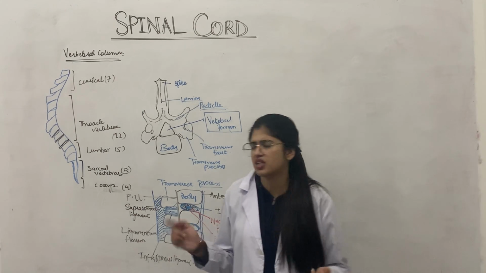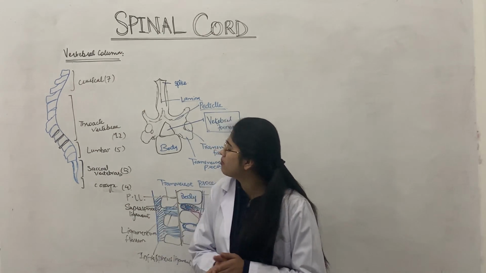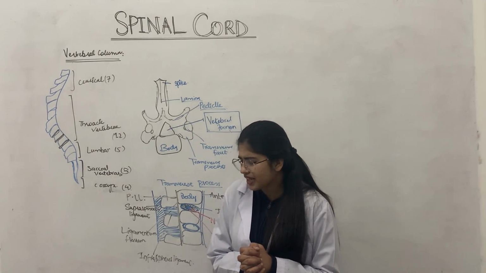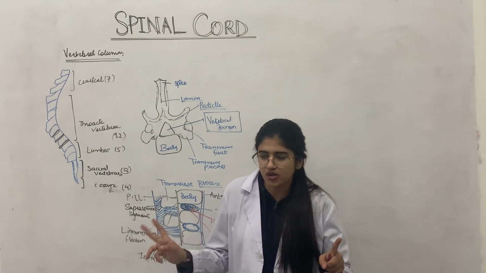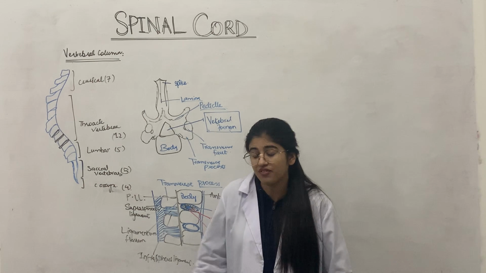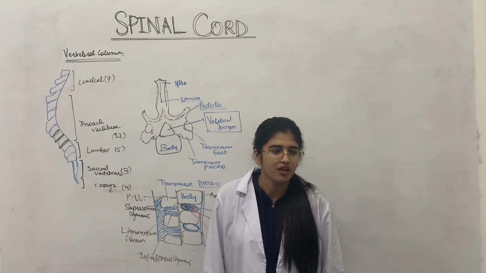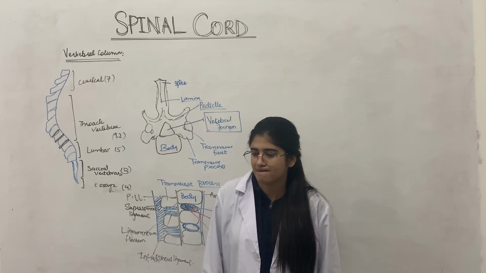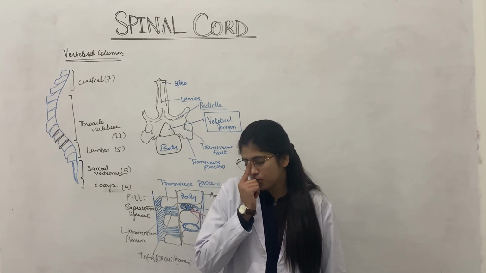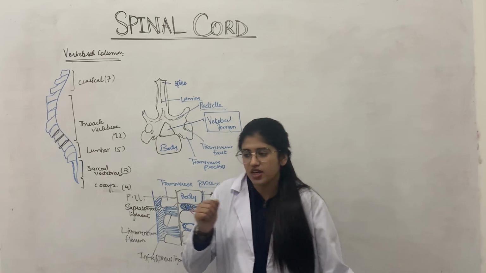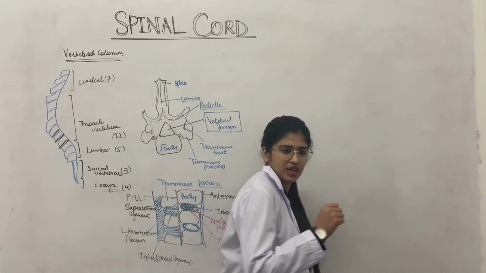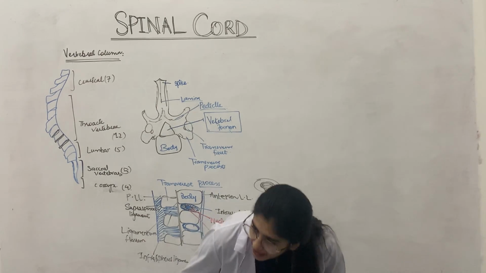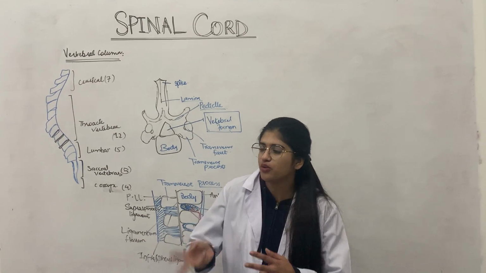So this was a general thing. We are not going into that. Here the question arises: why is the vertebral column not straight? It could be straight, but then there would be no movement. We are moving this way and that way, and we could not bend. So due to the bend,